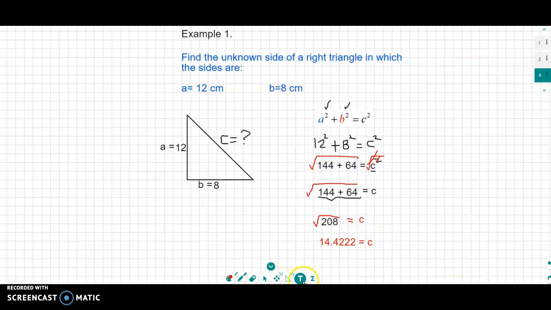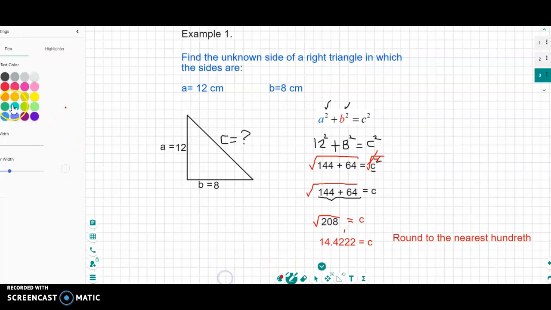When we have a problem like this, we are going to round to the nearest hundredth position. Okay, so what is the nearest hundredth in this decimal? We are going to approximate to the second decimal position. So we cut this decimal, and we check that the third digit is lower than 5. This is lower than 5, so we can approximate this decimal to